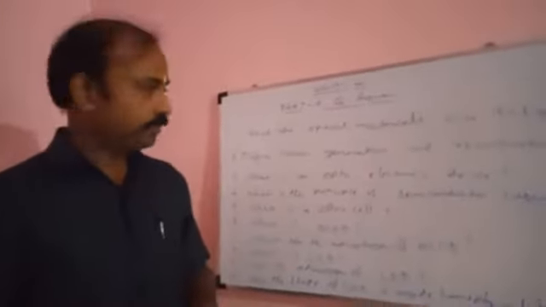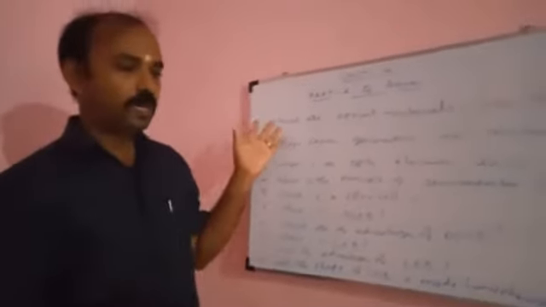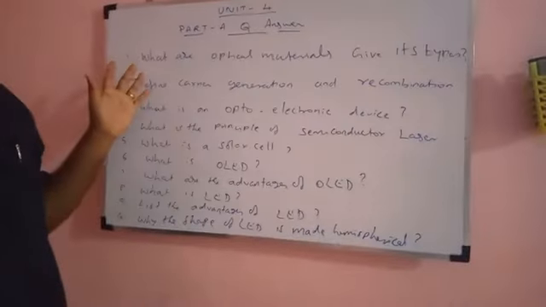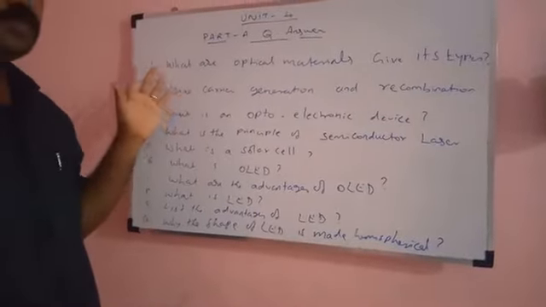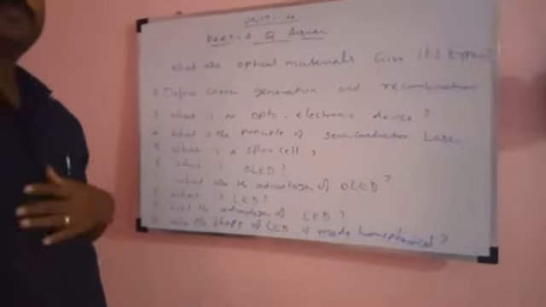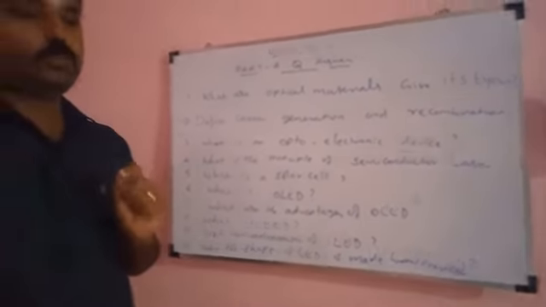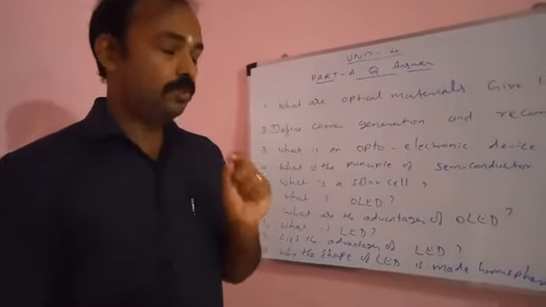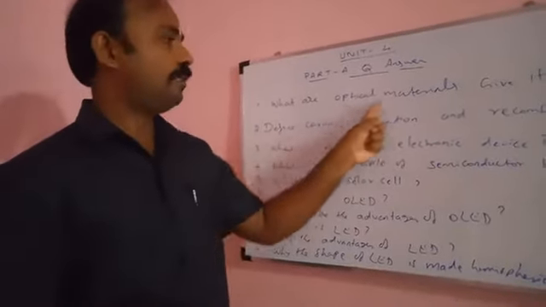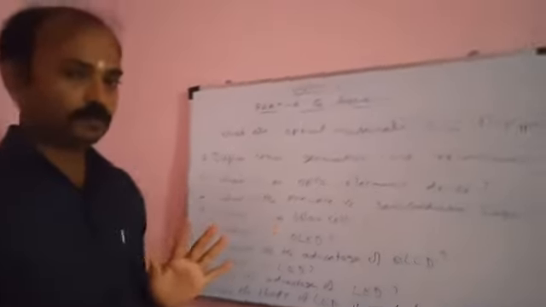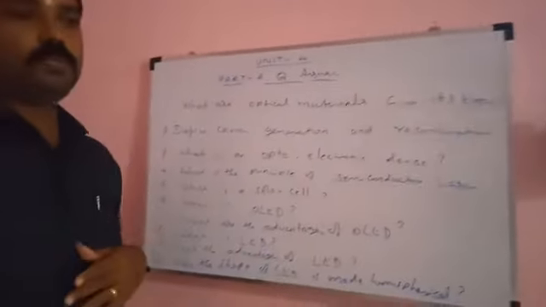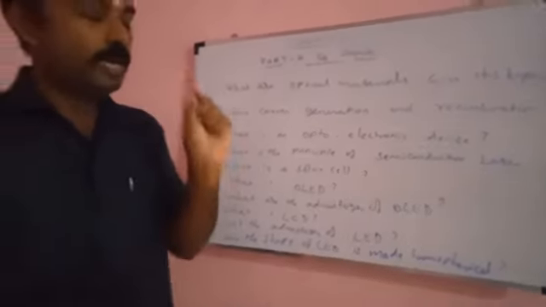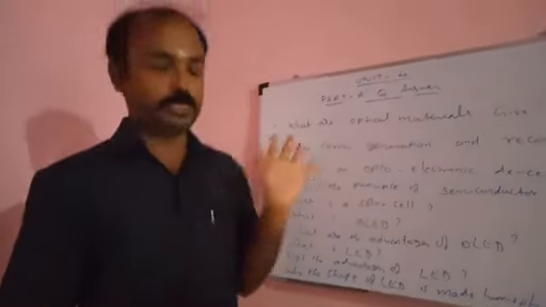So the answer is: the material which is sensitive to light is known as optical material. The different types of optical materials are: the first one is transparent material,